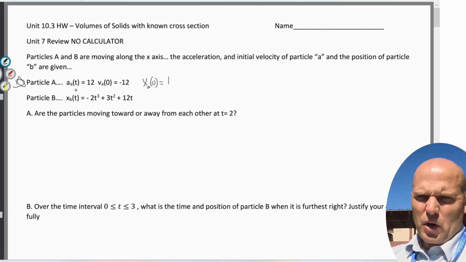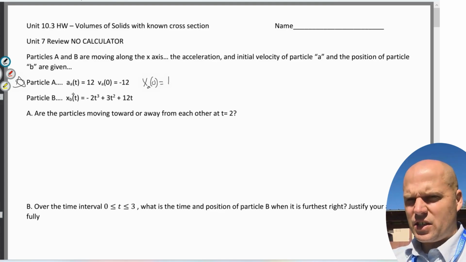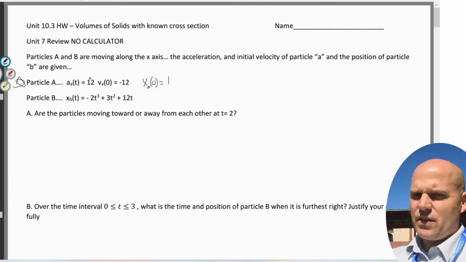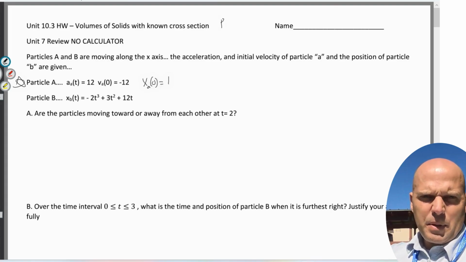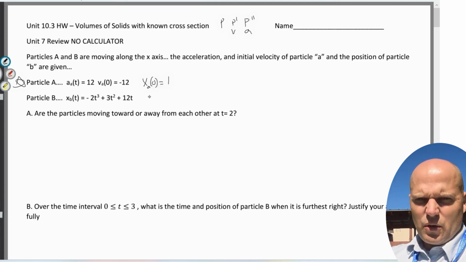Cool. We have two particles. For one, the position is given. X of B is the position on the x-axis. For the other one, the acceleration is given. Just remember, P prime and P double prime are like velocity and acceleration of position. So that means V prime is A. So if you said P of T is equal to X of T,